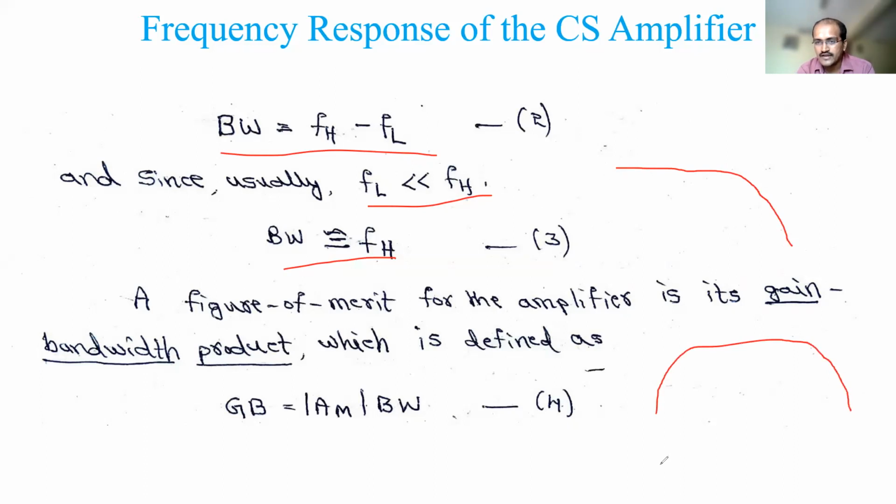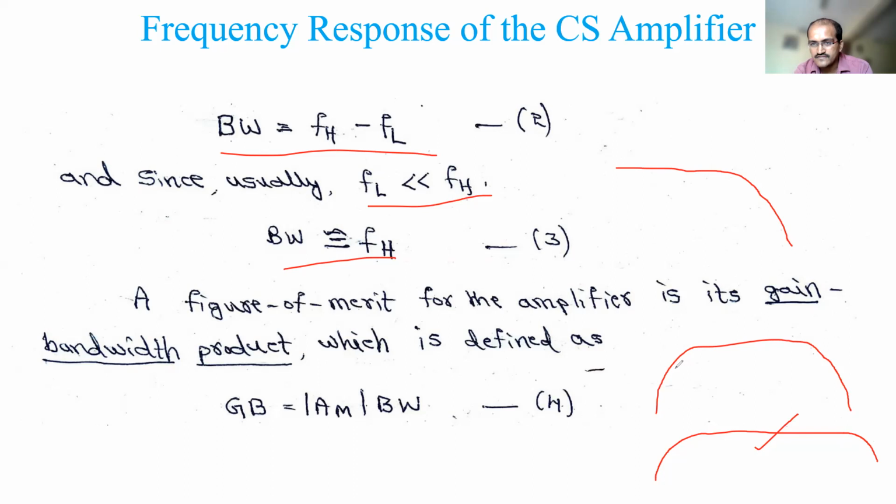It depends on the MOSFET or the transistor which you use there. Sometimes you may get only the initial increase and then a constant. You may not be able to see the drop, and there are reasons for that. One is that in the laboratory we are using a function generator, which may go up to 1 mega or something like that. The response may fall after some 2 mega, 5 mega or so, but in our laboratory we may not have that range. Because of that, you may get this kind of frequency response. You may not be able to see the 3 dB difference. So then normally we consider the highest frequency we have reached as our FH.